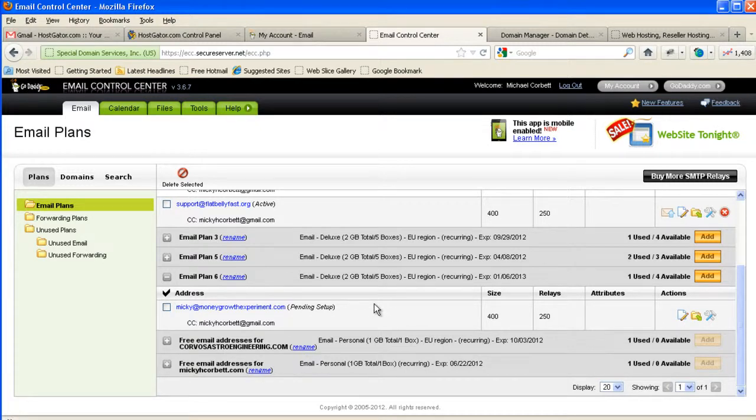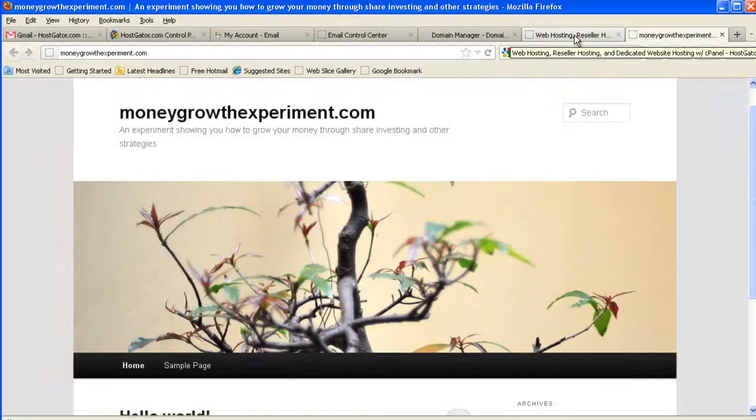You have your hosting, you have your domain, and you have your email on your domain account. And all we would then wait for now is for the domain, moneygrowthexperiment.com, to point to the name servers for HostGator. So all we do